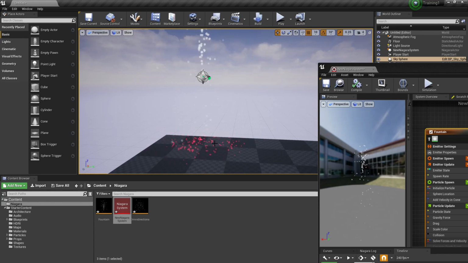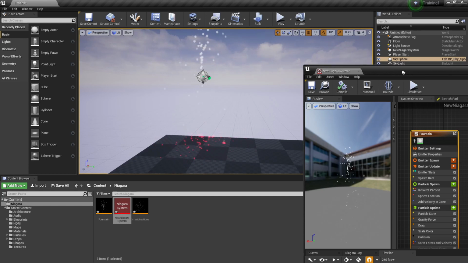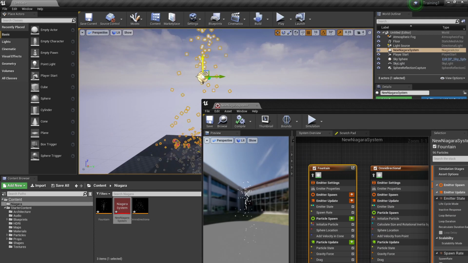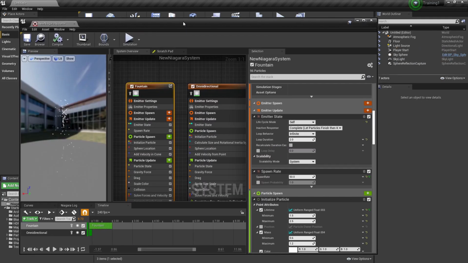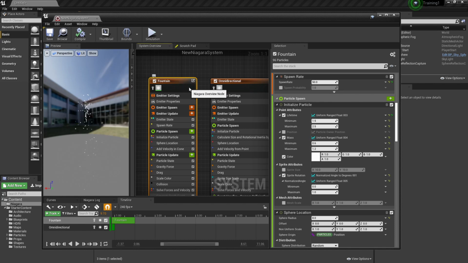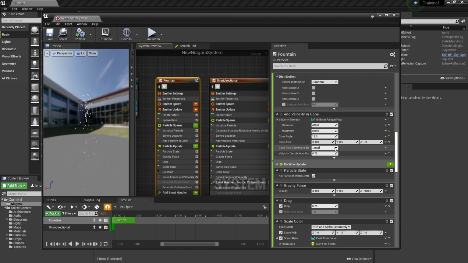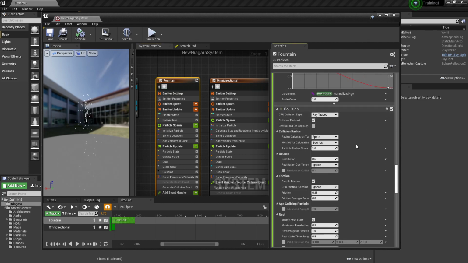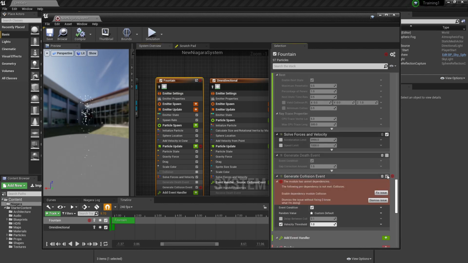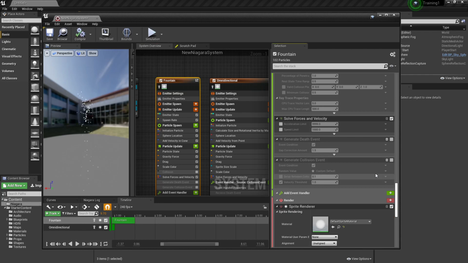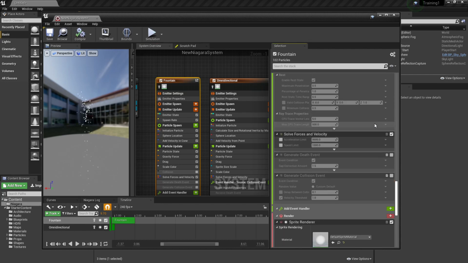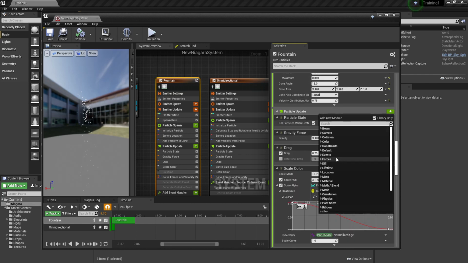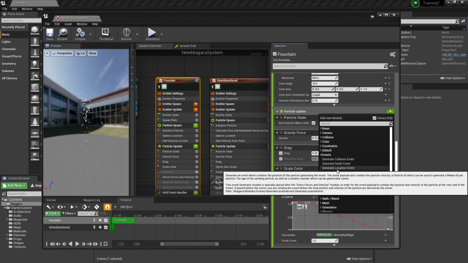Let's now try the position event. So we'll do the same thing. Let me just delete it from here. So again we will come to the fountain, and this time we will disable, we also need to disable the collision, and then we will also disable the generate collision event, and instead we would add the generate location event.